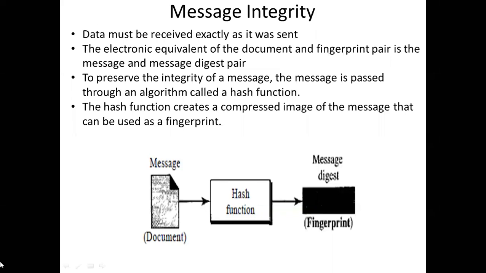So if you all can see this diagram, your original message is there, which is nothing but our document in our example. To it, we are going to apply a hash function. Have a look at this. We have the original message. Okay. To it, we apply the hash function. Once we apply the hash function, it's sort of a mathematical function. It is written in the form of a program that gets applied to the message. What gets generated is the message digest. Now, this message digest will help us to check the integrity of a particular message. I will teach you how. Okay.